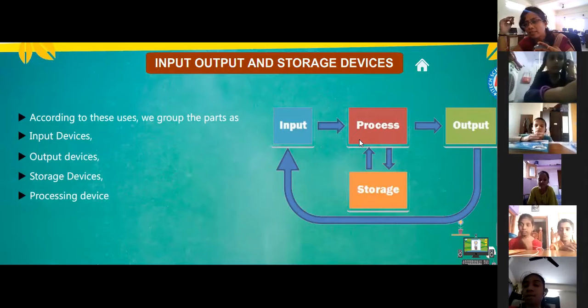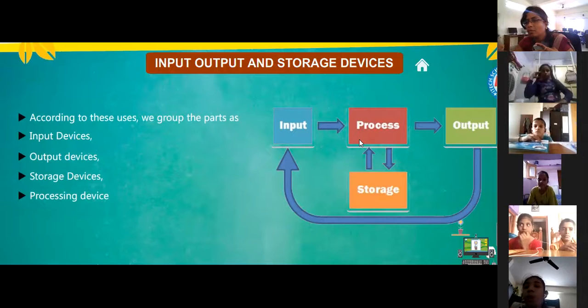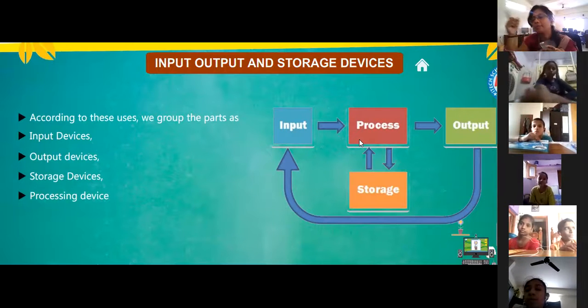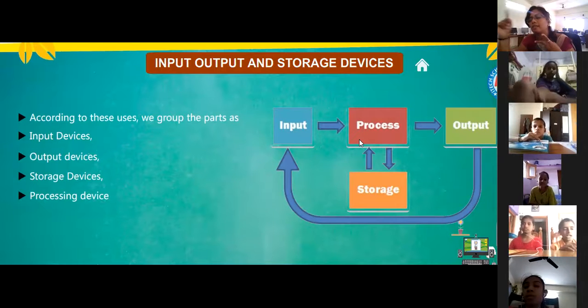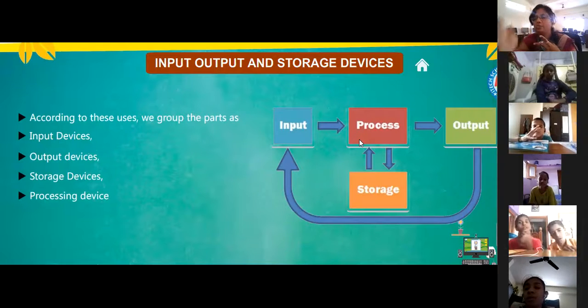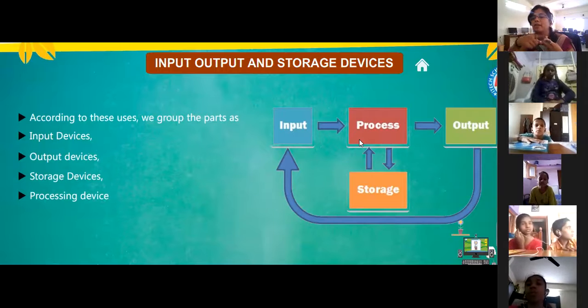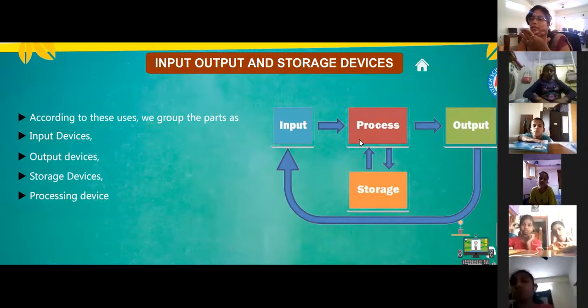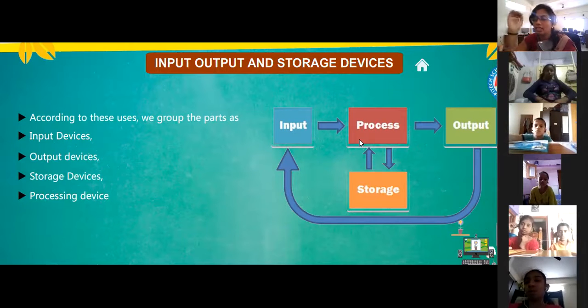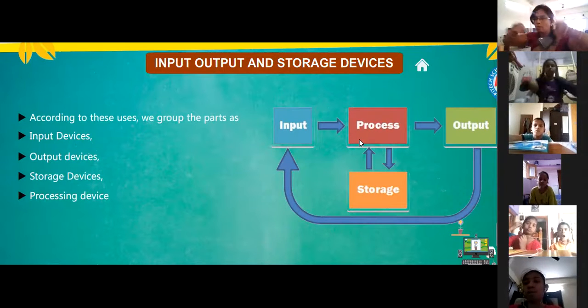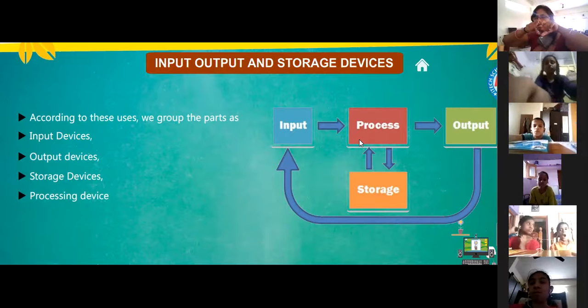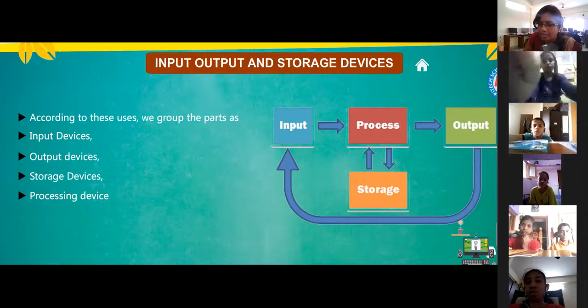Can I send it to input devices? Can I send it to the keyboard? Will the keyboard show you the answer? No, it has to go to some output device wherein it will be visible for us. So it is sending the information to output so that we can see it, and plus whatever processing we have done, if we click on save, it also saves that information into the system. The CPU box has many different devices inside it. One portion is called storage devices.